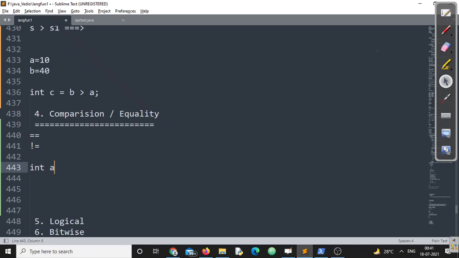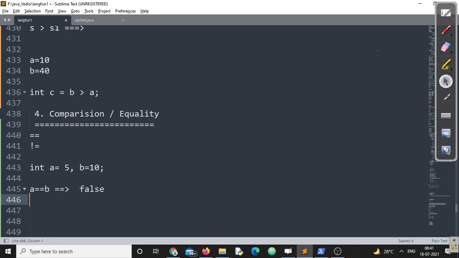If I write int a is equal to 5 and b is equal to 10, then a double equals b always returns either true or false, depending on whether a is equal to b or not. Here, 5 is not equal to 10, so the answer will be false.